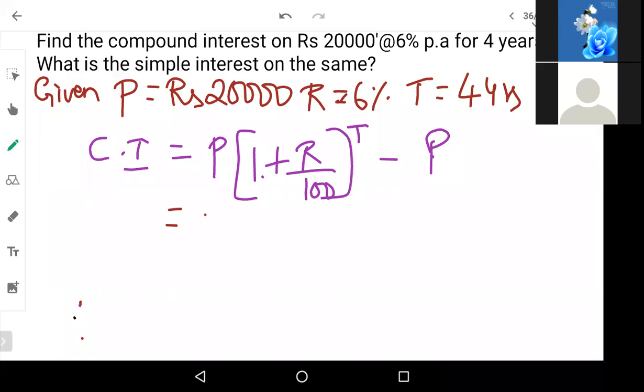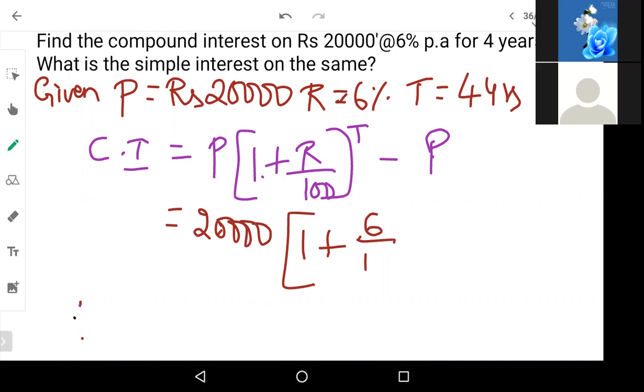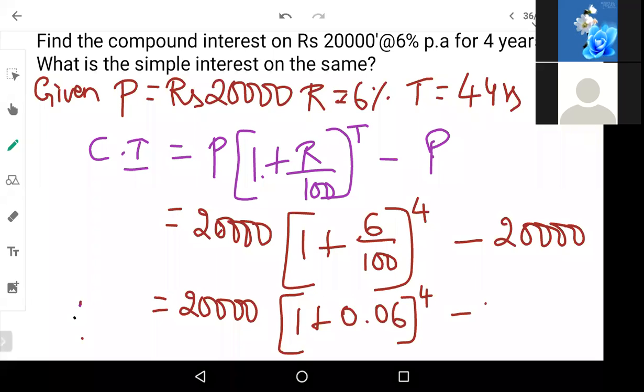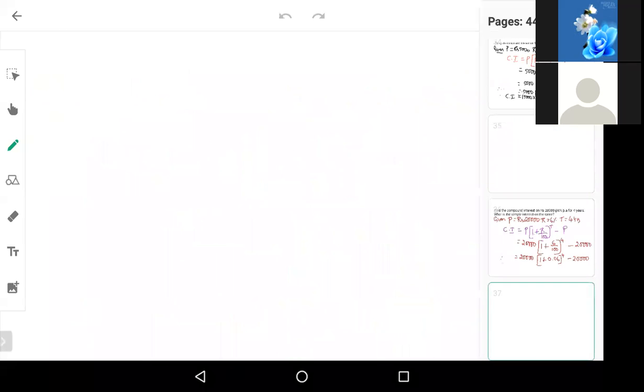So, principal is 20,000 into 1 plus 6 by 100 to the power 4 minus 20,000. Next, 20,000 into 1 plus 6 by 100, that is 0.06, to the power 4 minus 20,000. The next step,